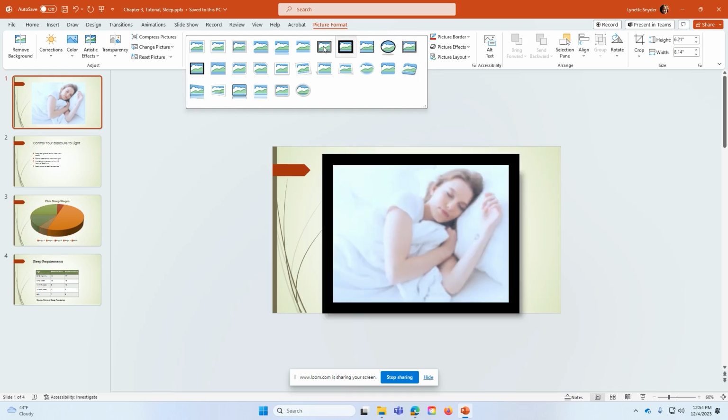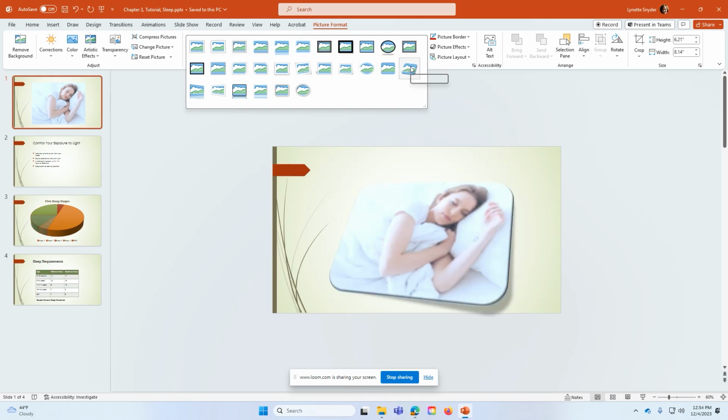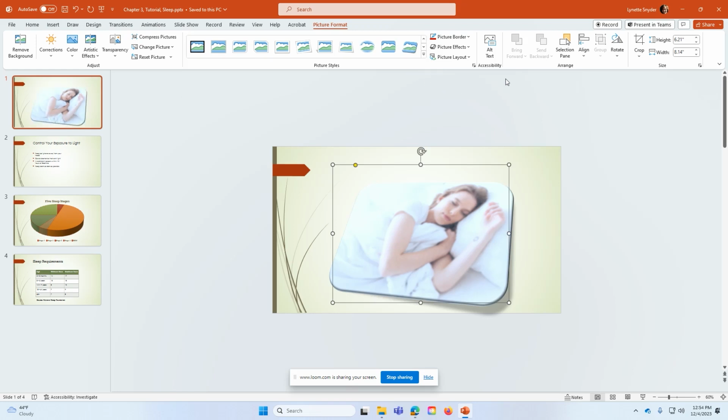It's okay to move your mouse pointer over those just to see what each one looks like. Bevel perspective on mine was not the 5th row, but